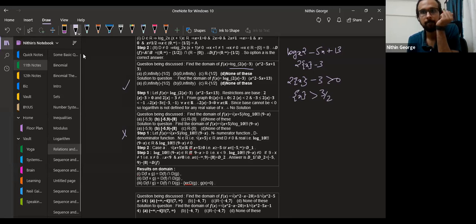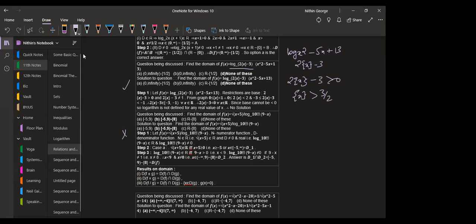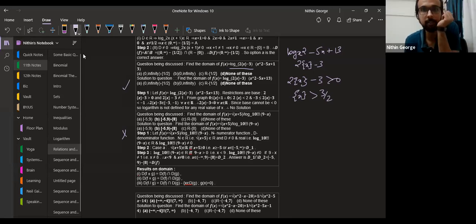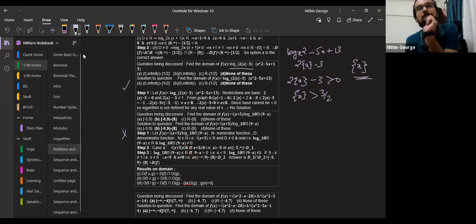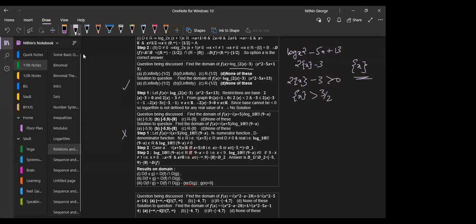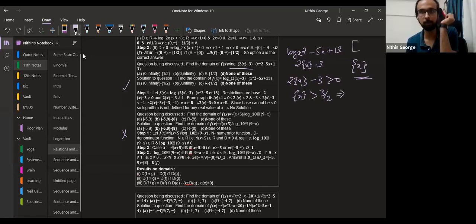Sir, but this is the greatest integer function, no, sir? No, this is fractional part function. Oh, okay, that's where I got stuck, sir. I thought it was greatest integer function. I got confused between the brackets. No problem. But now make sure you don't get confused between the brackets. So think of it like this: here the I is there, right? Integer I. Yes, sir.